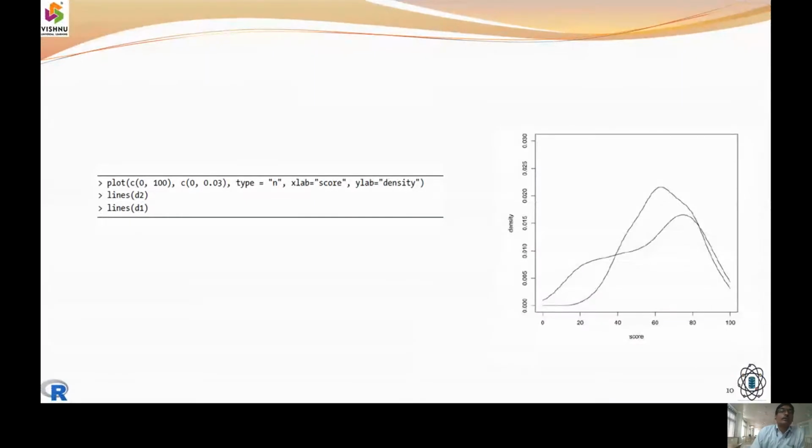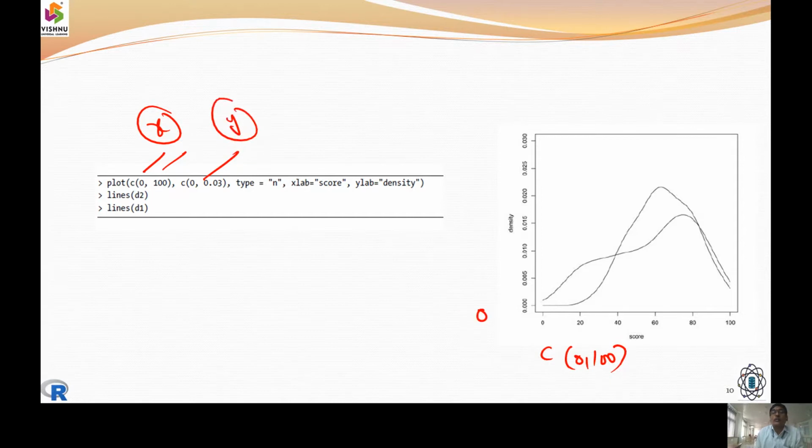So now let us consolidate the items here. Now c of 0 to 100, that is the x-axis. C of 0 to 0.03, so we are declaring the y-axis 0 to 0.03.